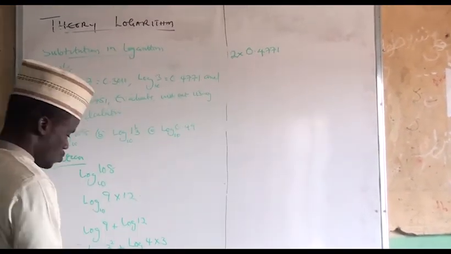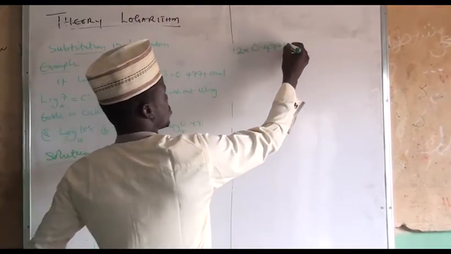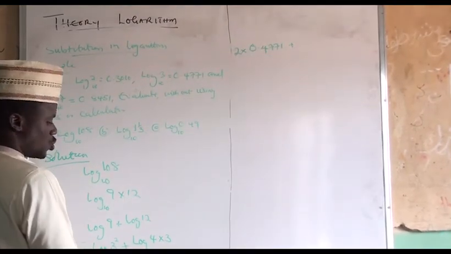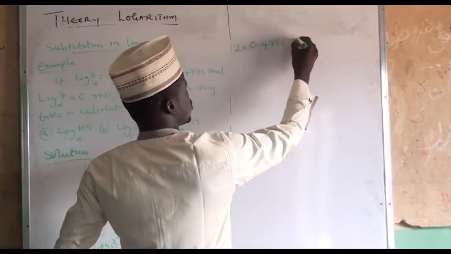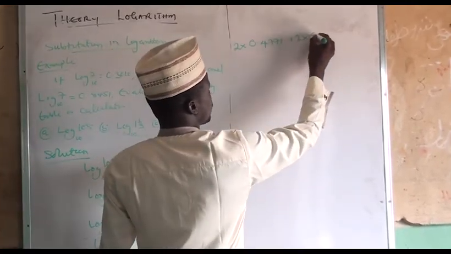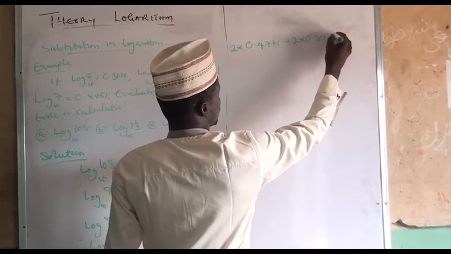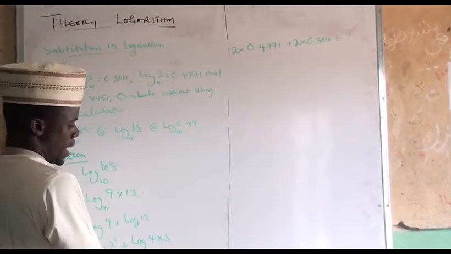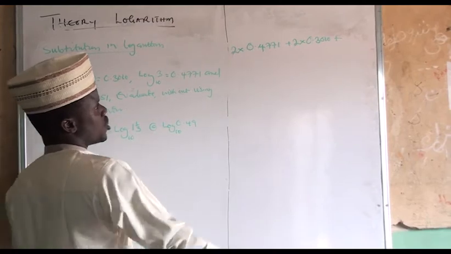0.4771. That is nothing. Then here we say plus. We have plus here, that is 2 log 2. That is, we say 2 times our log 2, which is 0.3010. Then plus log 3 alone. And log 3 alone is